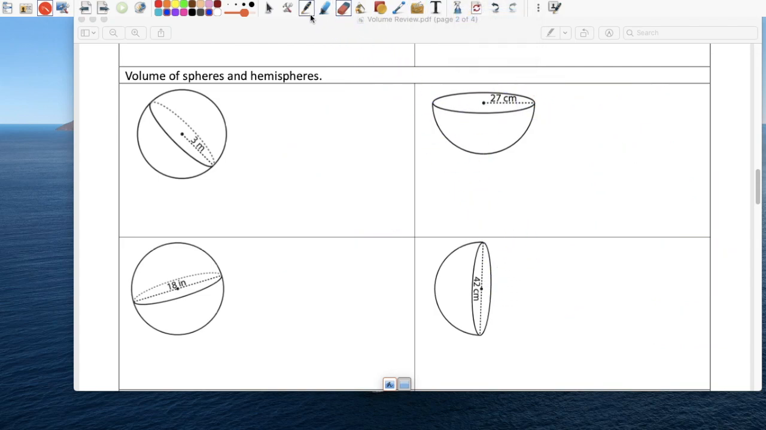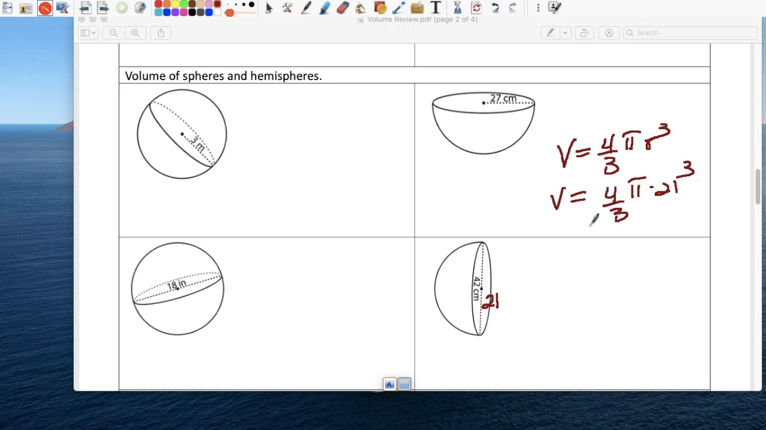So bottom one, let me redeem myself. The radius is not 42, it's 21. So the radius is 21. So again, 4/3 pi r cubed, V equals 4/3 pi times 21 to the third power. So we plug that in. 4/3 times 21 to the third power. That's going to give us